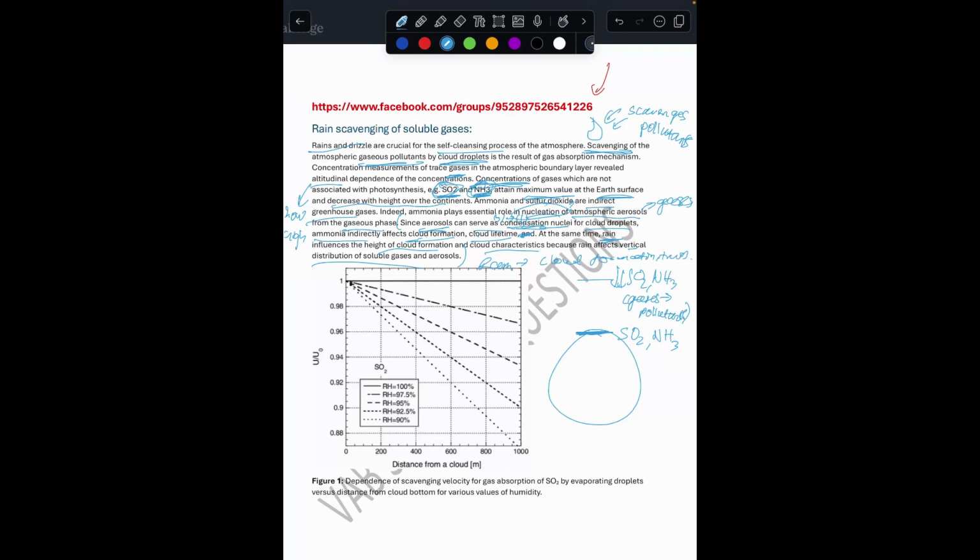Because rain affects vertical distribution of gases and aerosols. Okay, there's a chunk of a lot going on. Even if you don't understand the full nitty-gritty details of it, that's okay. Just make sure you have the broad gist, which is what I've said